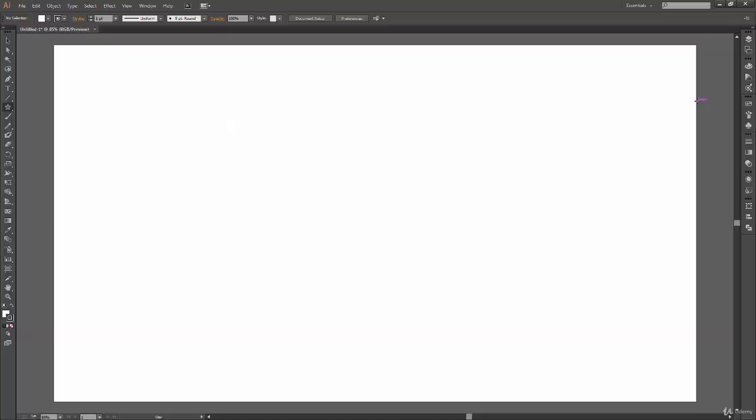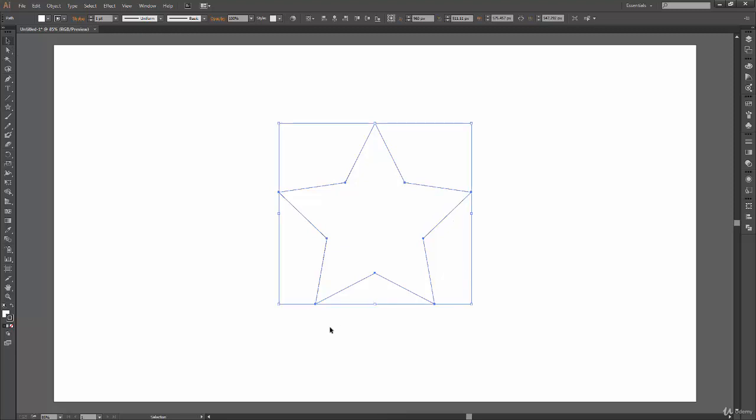So open your Illustrator first and then create a new file. And I have my file ready with 1920 by 1080 resolution. So first of all, create a star with the star tool to have a shape that we can work on for our rotate tool. That is our first transformation tool which we are going to learn today. Now while drawing the shape, I am holding the shift key so that it snaps to a particular angle, and I'm releasing my mouse click and the shift key. Okay, so I have my star.